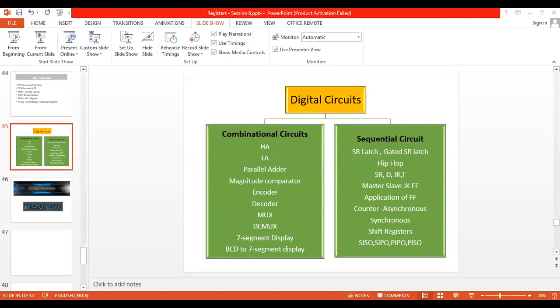In a counter, what can we count? We can count the number of clock pulses. A counter is used to count the number of clock pulses. See, I want to fill a gems packet with 10 gems. So I'll put a counter. Once the counter reaches the count 10, I'll stop filling my packet. That is the work of a counter. SISO is serial input, serial output, one by one, one after the other, like a railway station queue.